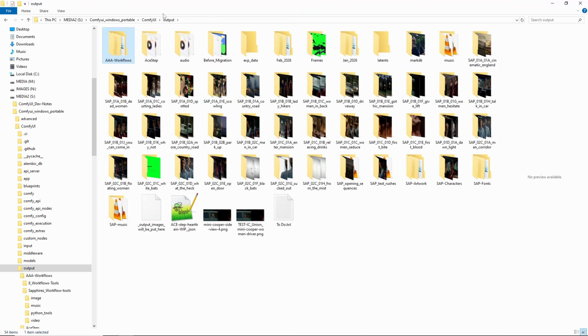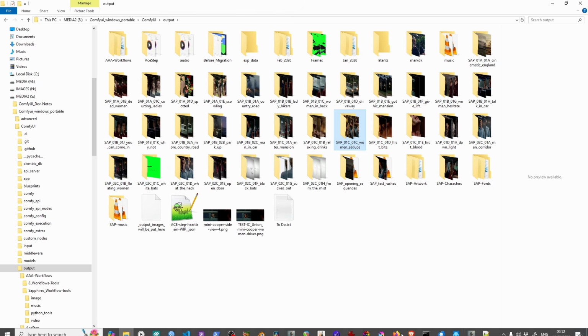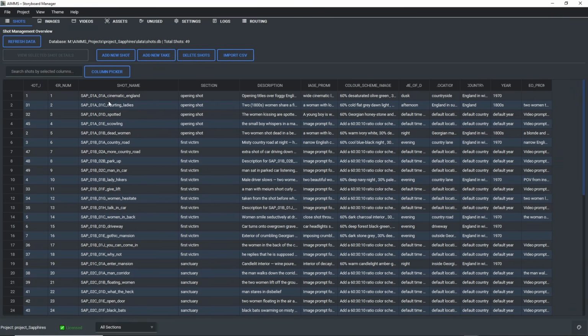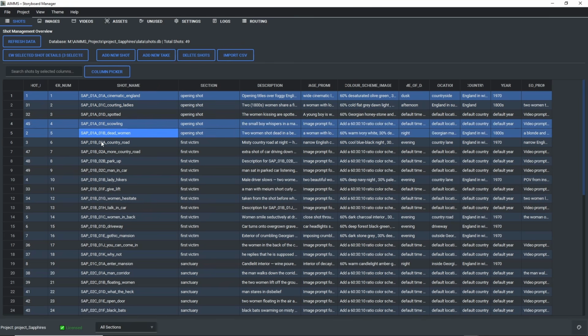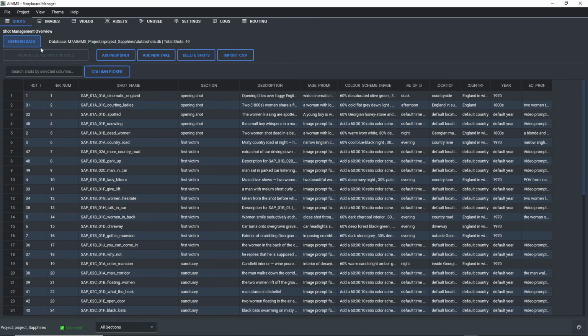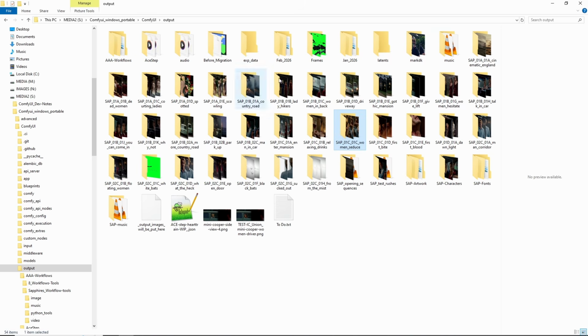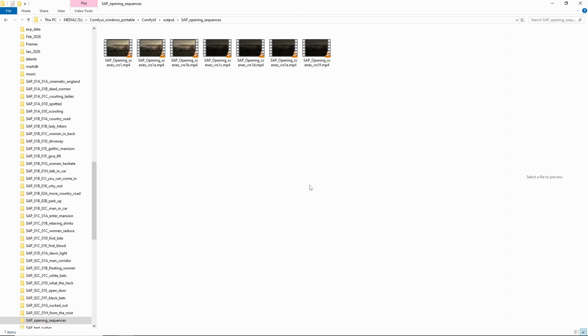I really work in the output folder for the most part, and if you know how I work from seeing other sets, I tend to work with this kind of naming convention, and it's the best way to manage it. It follows a rough pattern, but it can change to allow me to add in new shots, which is what's been going on here. At the moment, I keep it all in the one output folder, and then just manage it as I go. And what I've got in here is the opening sequence.